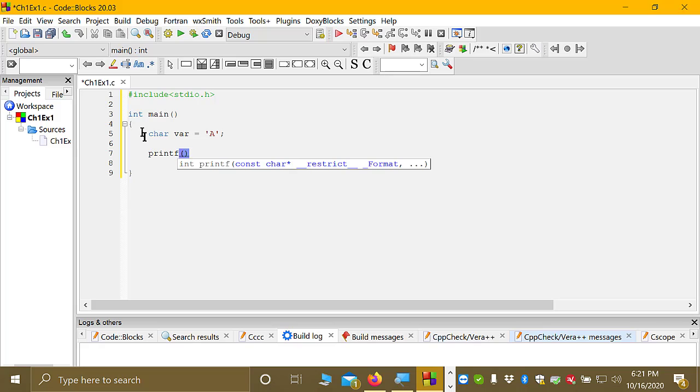And it has open and close parentheses, all functions do. Inside these parentheses, it's going to have an open and close quotation. And inside the quotations, I am going to write var equals